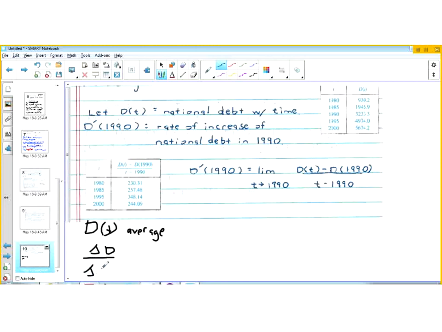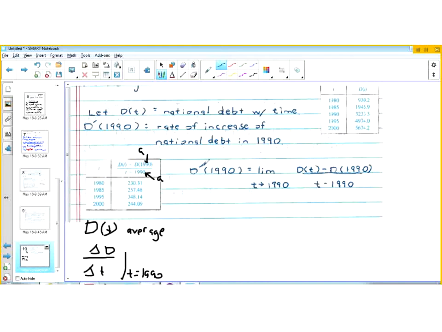It's basically delta y over delta x. So in this case, it's delta D over delta t, right? And in this case, our a value is equal to 1990. That's our reference point. So D of t minus D of 1990, there's your a value, over t minus a, okay? And so we start off at 80, we plug in these different numbers, and we get the average rate of change of the debt